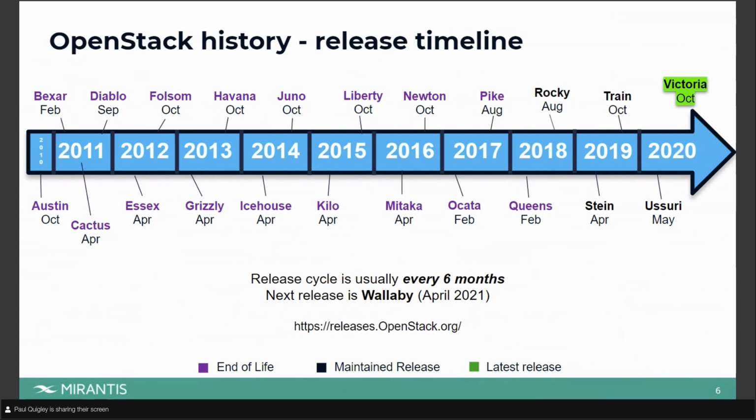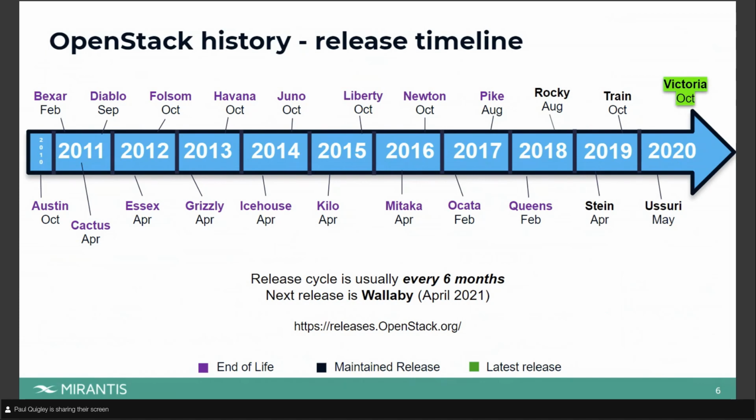Okay, real quick, Victoria again is the current release. That means you're going to get all the fixes for everything. The maintained releases, usually it is a 2-year window. So 2-year window means 4 releases, and it's a rolling window. So for example, when Wallaby is available, Victoria will be maintained, and Rocky will move to the end of life phase. So that's how you read that slide, and I'm not going to spend going through every single release there, but pretty much